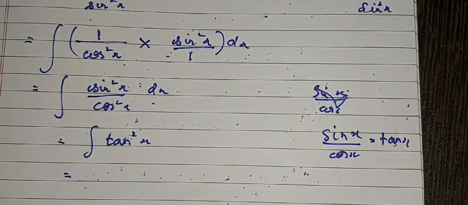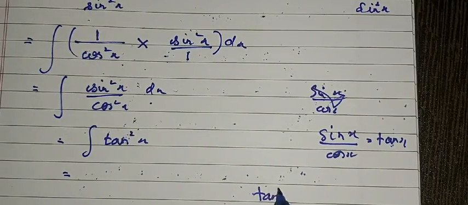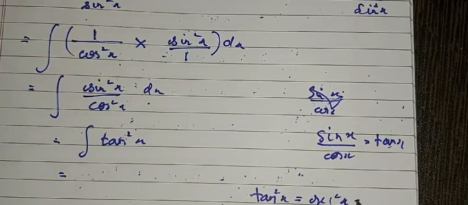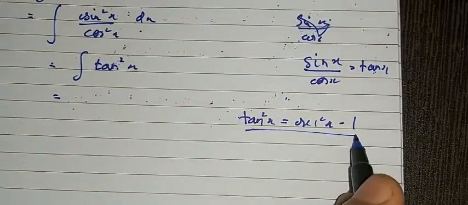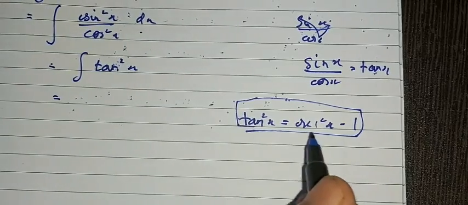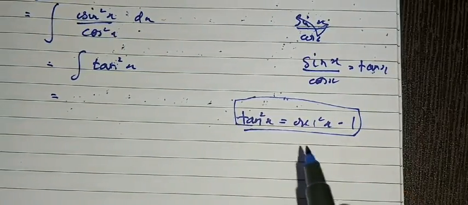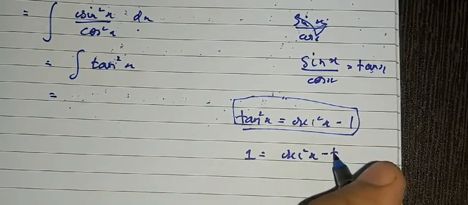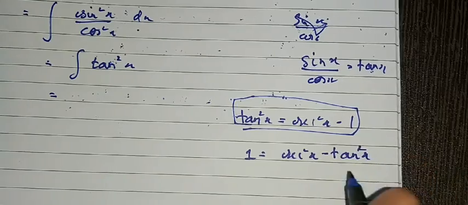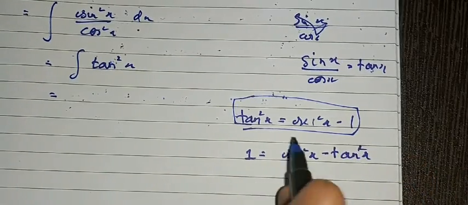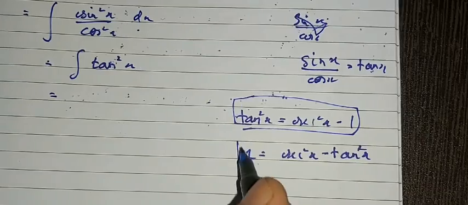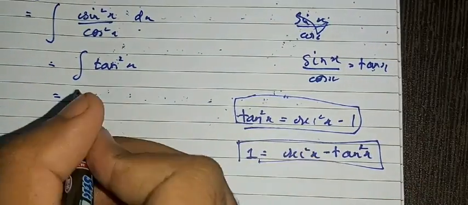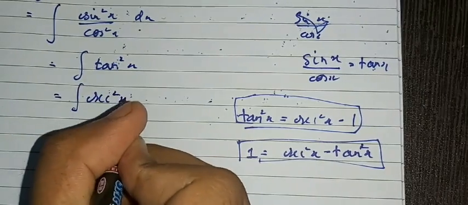So here tan square x can be written as sec square x minus 1, because 1 is equal to sec square x minus tan square x. So this tan square is brought here and this one goes there. So tan square x is equal to sec square x minus 1, and we are putting it here. So sec square x minus 1